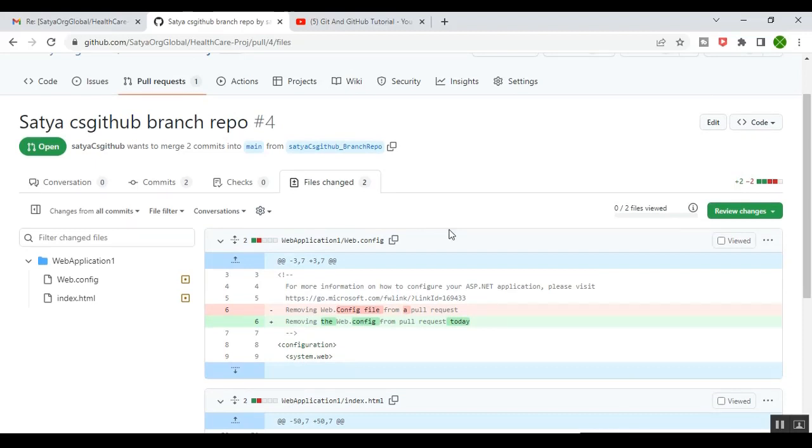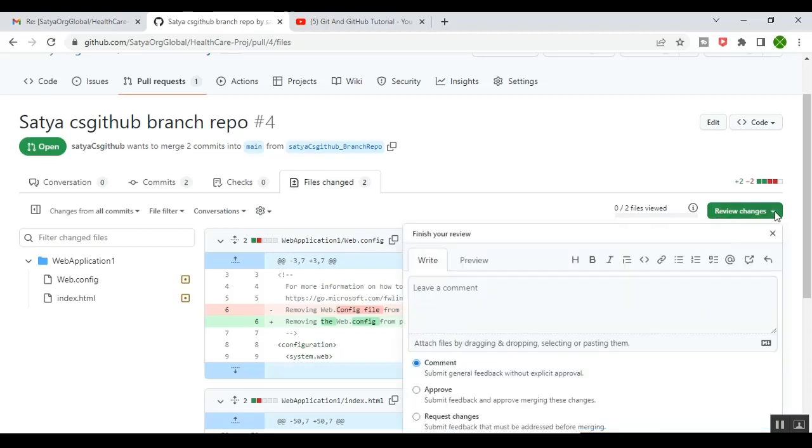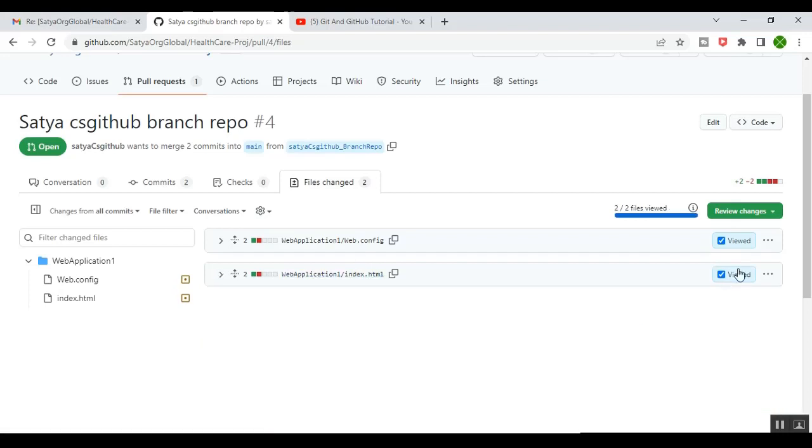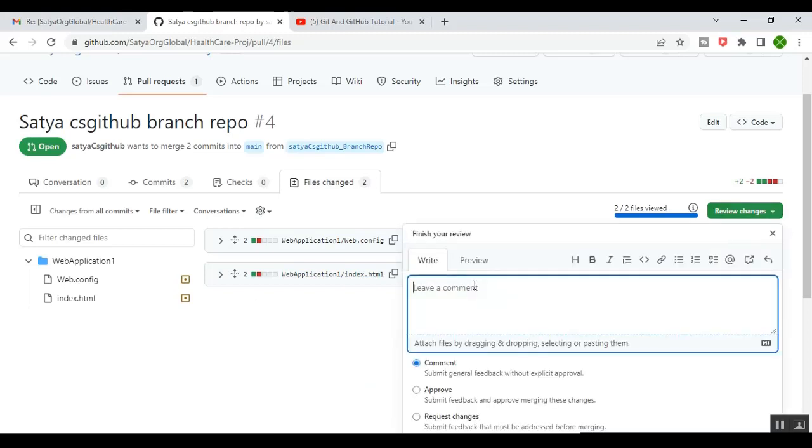So what he will do is there is a review changes, right? So you just check here reviewed and add some comments. The GitHub reviewer has reviewed the web.config file. There are a total of 2 files, and we need to check the viewed checkbox of index.html. That means the GitHub reviewer has viewed this file as well. Alright, and after that he will add some comments